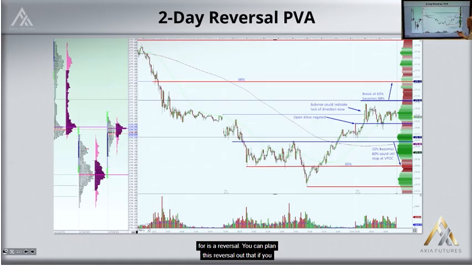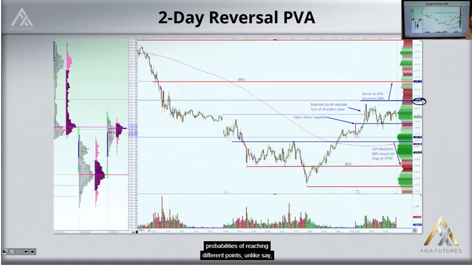You can plan this reversal out, that if you can get out of this little fat bottom area above the high of the day, the move can go towards the upside. So that's 77.02. The market has clearly shown some willingness to go up in that we've opened above value, tested back, traded higher. So you can now be sitting in this range here with a view as to the probabilities